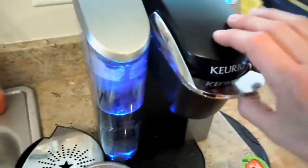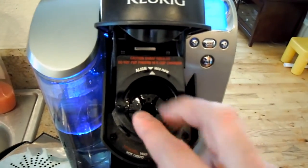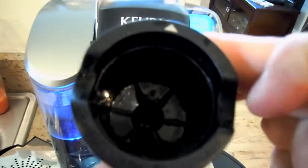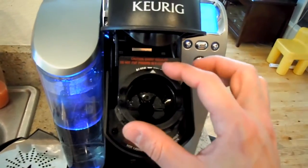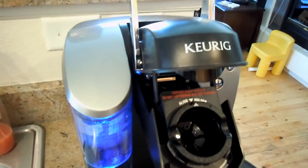It's really easy to use. As you can see, it's pretty mess free. And let me show you in here too. It does recommend cleaning this out and running water through it and whatnot. There is a needle right here. You may or may not see it, but there's a needle here that it asks you to kind of keep clean. And we really haven't done a whole lot of maintenance on this, but had it since November of 2011,